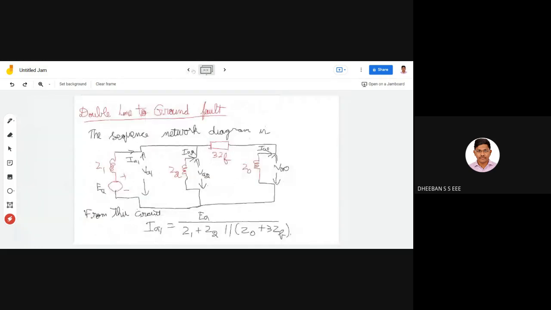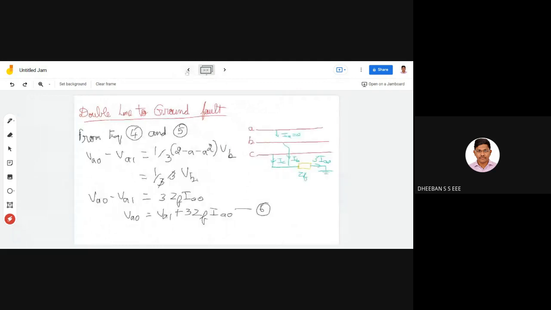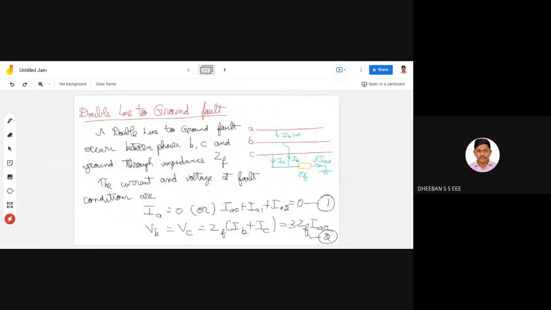Okay, you don't get confused. You just move through a step-by-step procedure, and mostly in this you can expect problems. Mostly you can expect problems for your university exam. Okay, I'm telling with respect to university exams. With respect to university exams, you can also expect